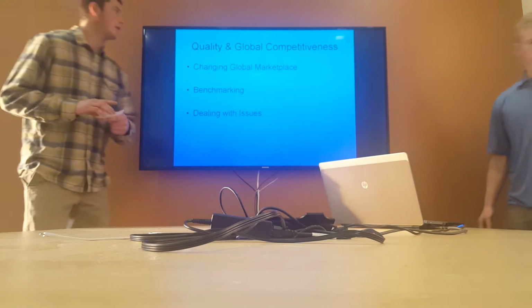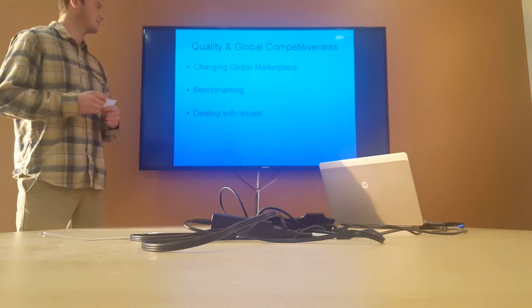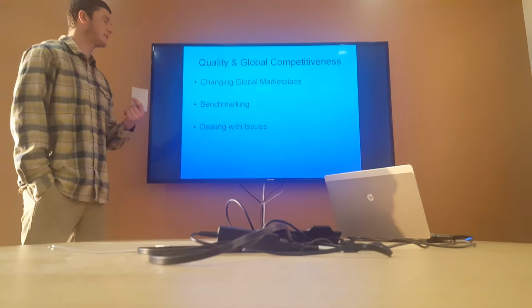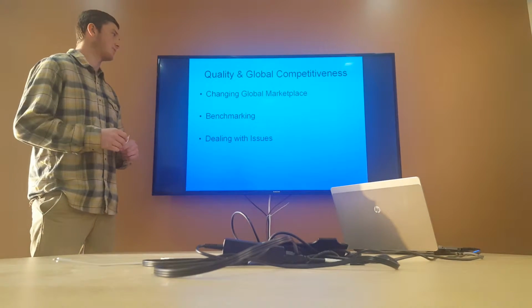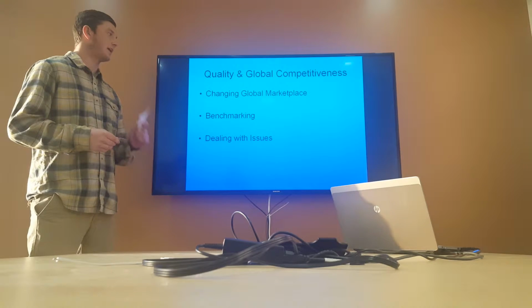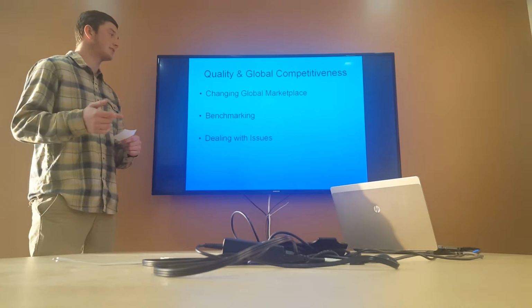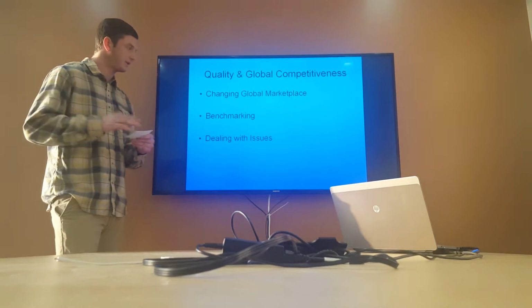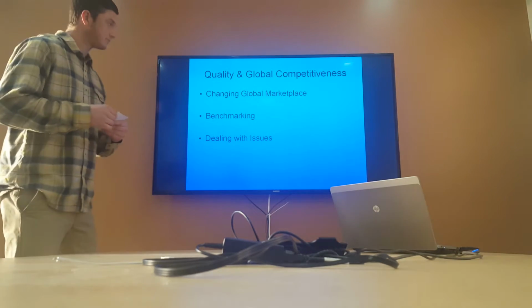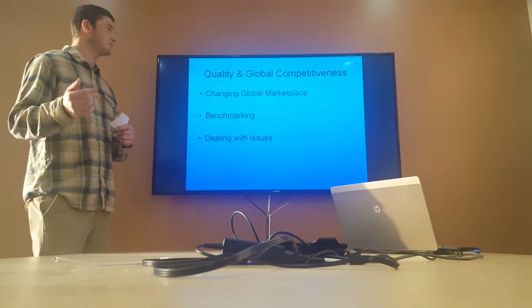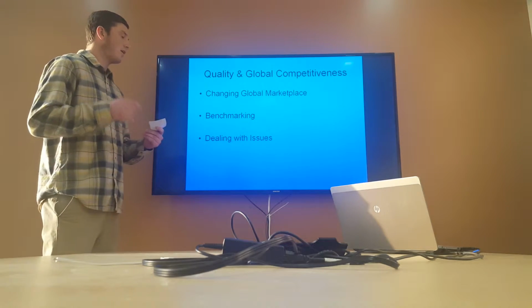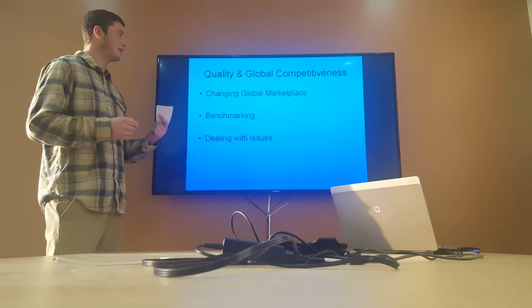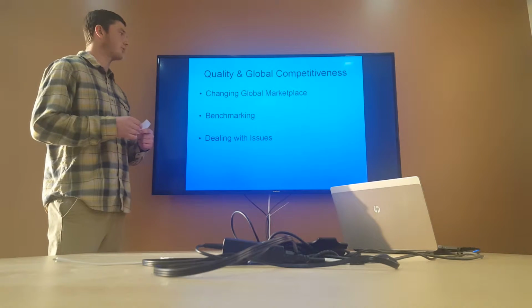All right, I'll be going over quality and global competitiveness. As Ty was saying, the quality of a product is constantly increasing, which creates a competitive market that's always increasing as well. So if you're going to stay competitive as a company, you need to up your product and the process and always improve that way of competing as a company. So if you're going to be able to do this in the global marketplace, you can always benchmark the head competitor and based off what you're going to do within that to achieve just as much quality or even exceed that. And this can be done in the classroom because you can always benchmark the rubric and try to exceed